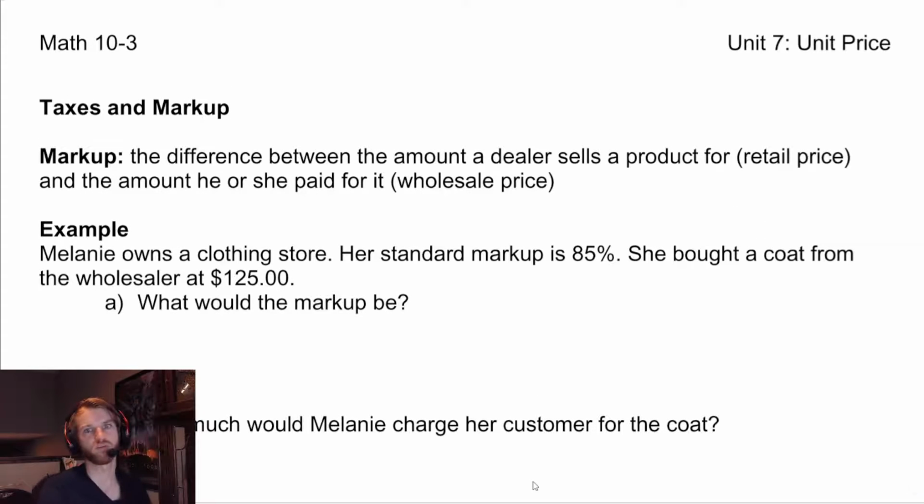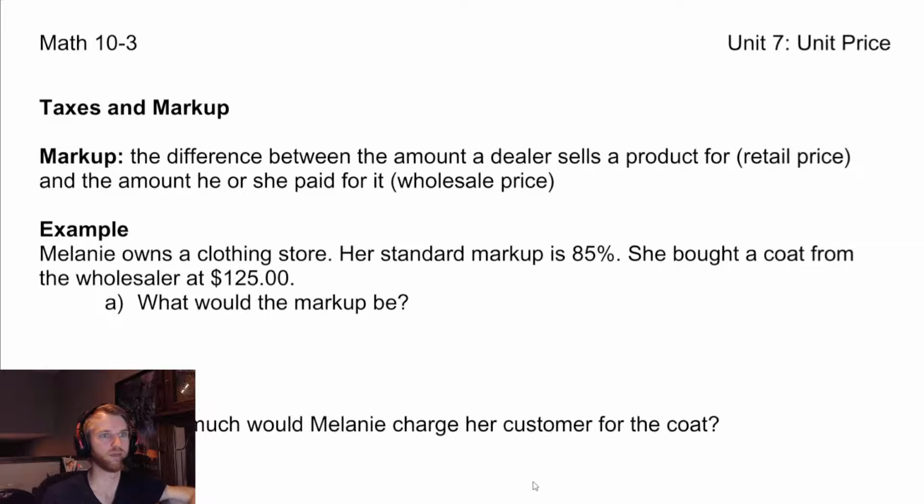Okay, so that brings us to the next page where we're talking about markup. This is when a store or somebody who's selling something buys something for what's called a wholesale price. So let's say I'm buying a bike that I want to sell. I buy that bike from a company for $100. Now because I want to make money with my company, I'm not going to sell it for $100. I'm going to sell it for more than that so that I get some money. So if I sell that for $150,